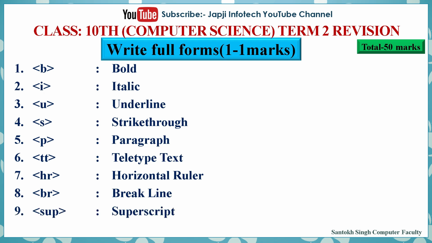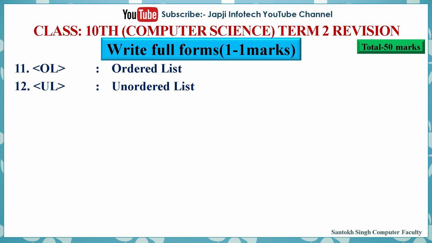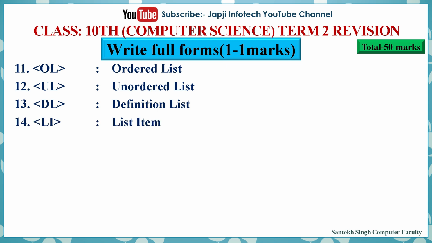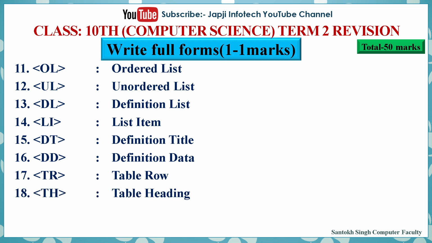is sup tag stands for superscript, 10th one is sub tag stands for subscript, 11th one is OL stands for ordered list, 12th one is UL stands for unordered list, 13th one is DL stands for definition list, 14th one is LI stands for list item, 15th one is DT stands for definition title, 16th one is DD stands for definition data, 17th one is TR stands for table row, 18th one is TH stands for table heading, 19th one is TD